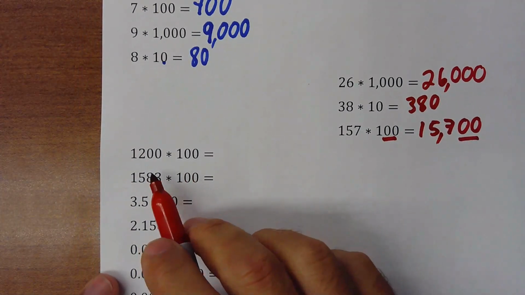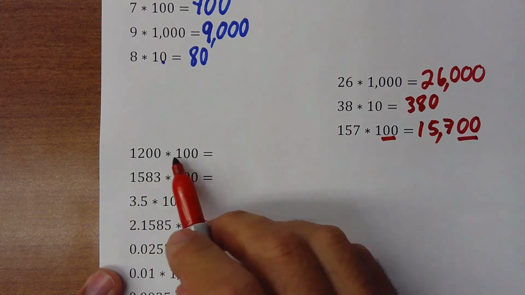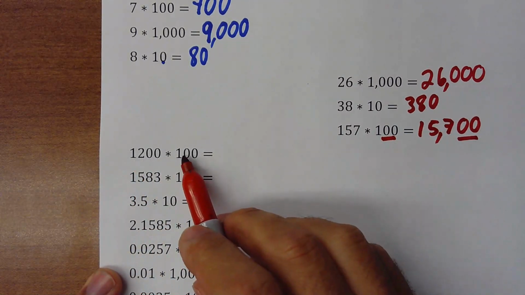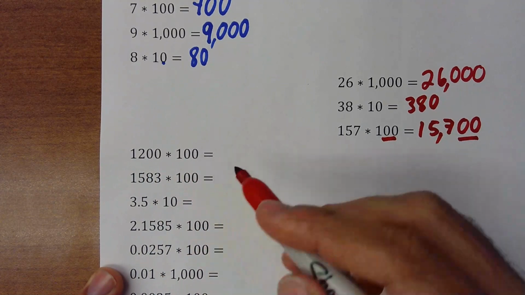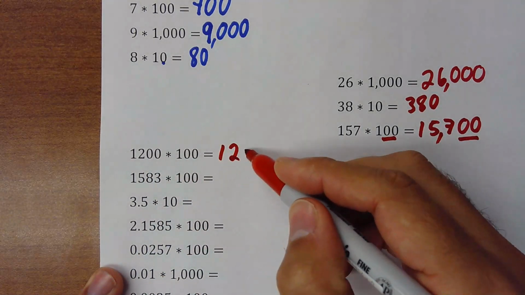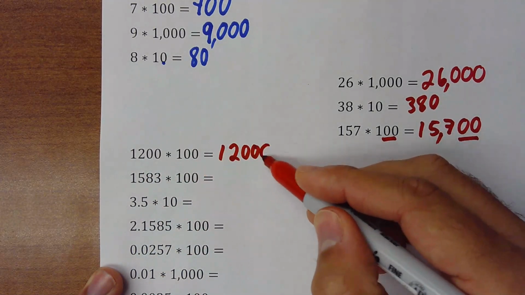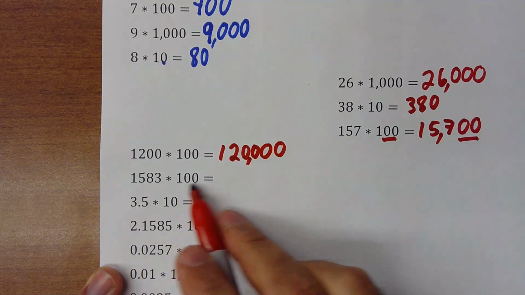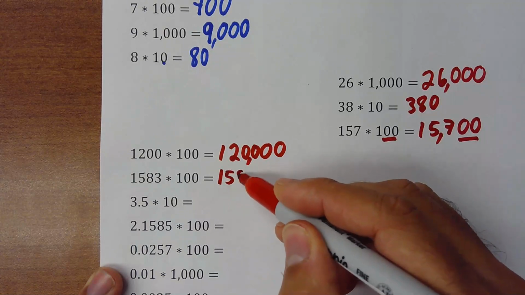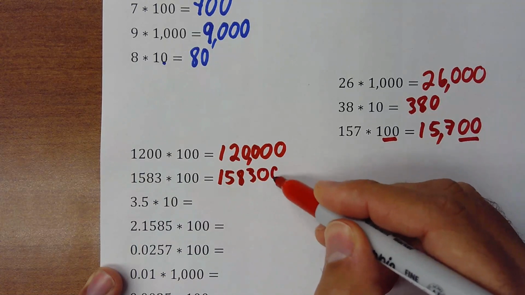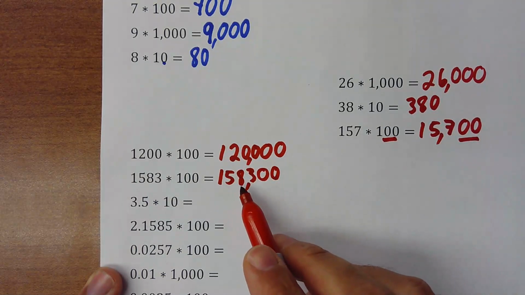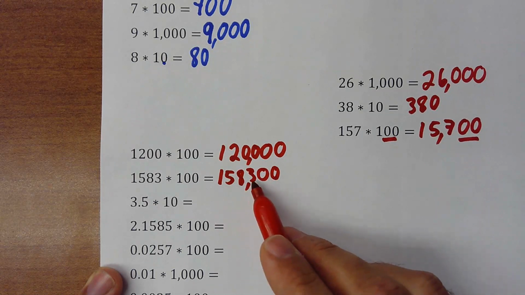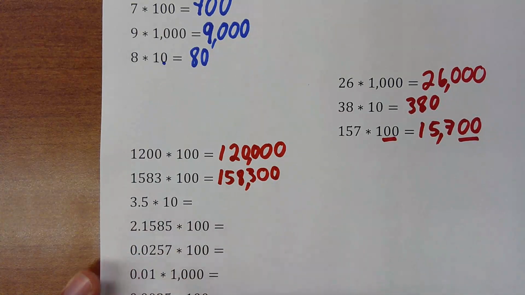So here it doesn't matter that the number has 0 itself. You have to put the number and all the other zeros you have here on the back. So you put 1,200, and then you put the other 2 zeros. So the number will be 120,000. Here the same. 1583, and you put the 2 zeros, so 158,300. Now when you have a decimal point,